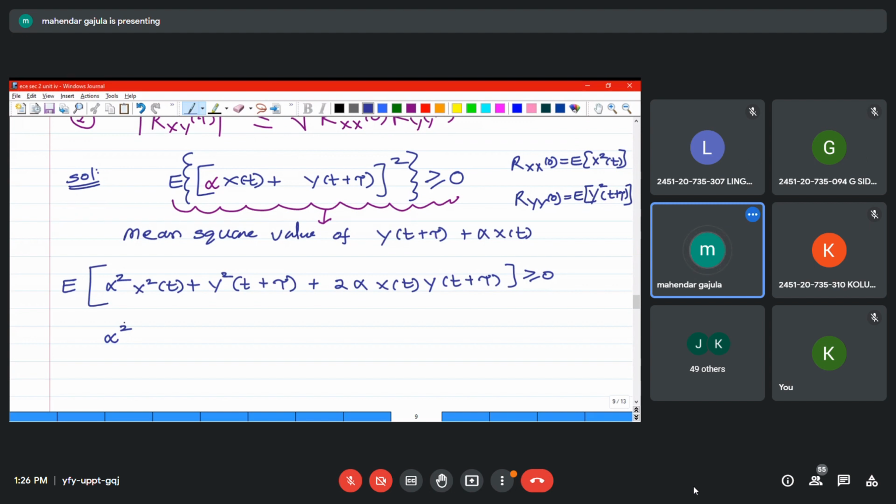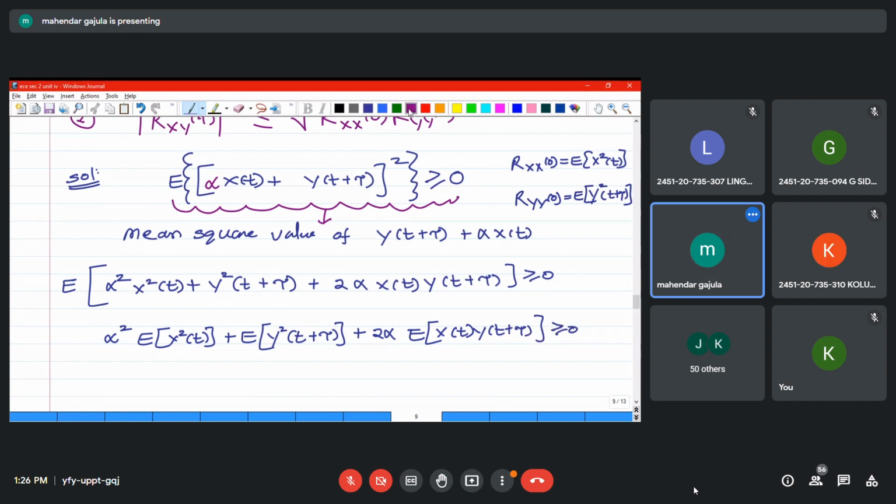Alpha is some value, it's a real number, a constant, not a random variable, so you should not apply expectation on alpha square. You have to apply expectation on x square t and expectation of y square t plus tau plus 2 alpha expectation of xt yt plus tau